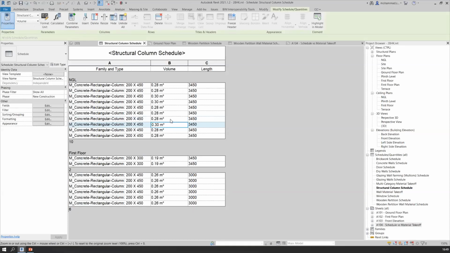yes, I think it's a very negligible difference. This is actually some error in our modeling, and in this way, we can also check modeling errors. In this case, it's a negligible error, although 0.28 meter cube, and this is point, so there's a difference of 0.02 meter cube. And I think the person who has asked this question,